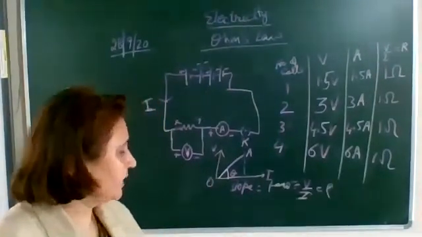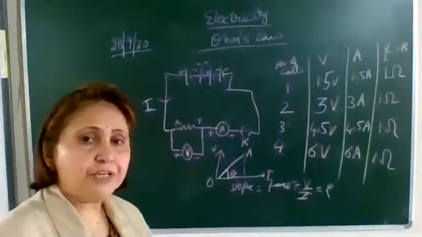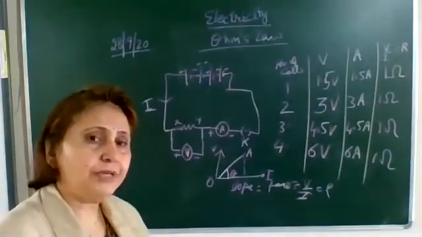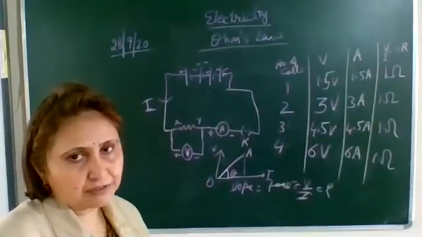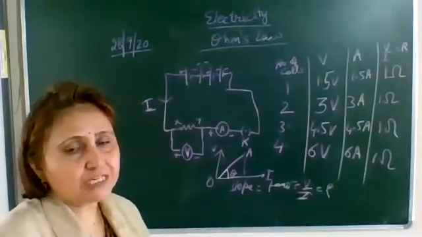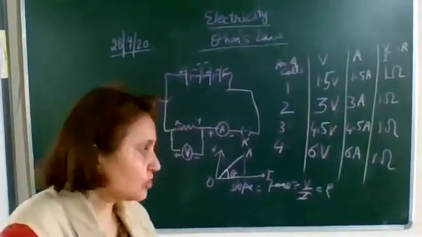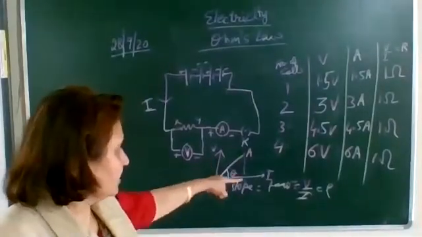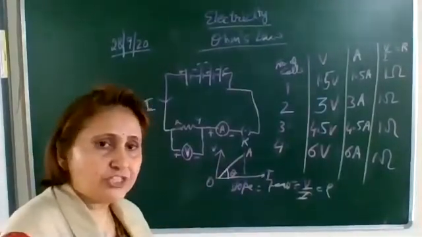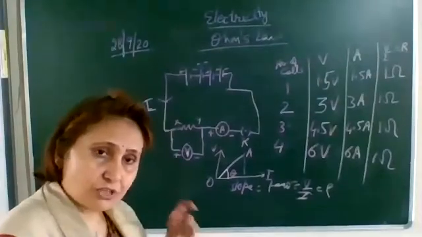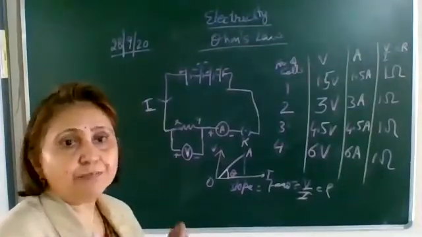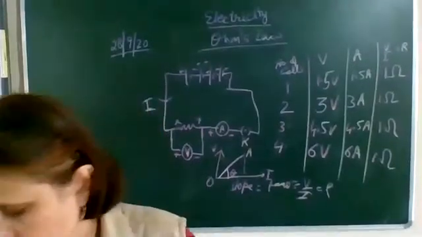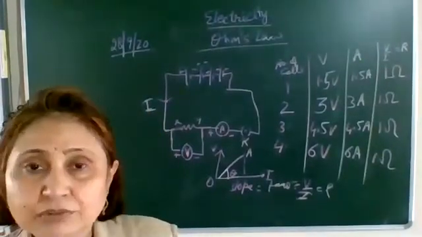Okay, so how will you define resistance? It is the property of a conductor to oppose the flow of charges, or you may write down to oppose the flow of current. Why? Because we know that the flow of charges constitutes electric current. So to oppose the flow of current. And resistance is given as the ratio of potential difference to current. It is constant for a given conductor provided the physical conditions like temperature etc. should remain constant.